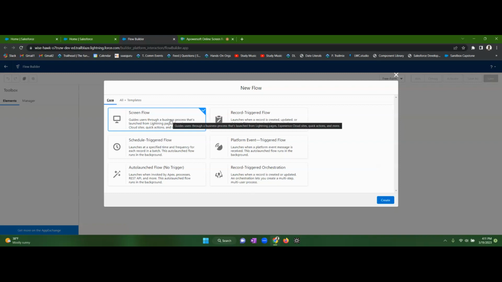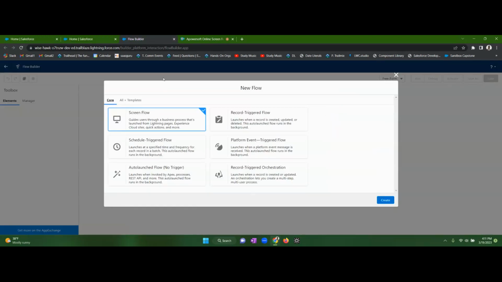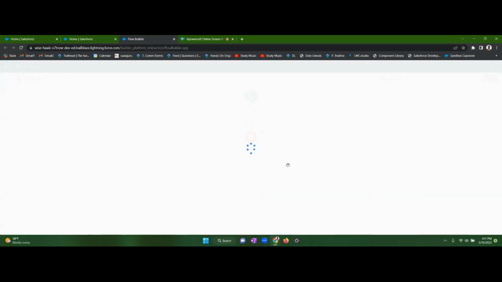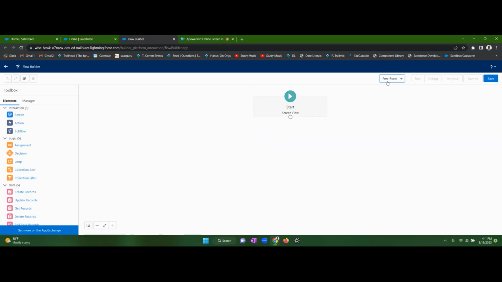No one is going to be entering information into this flow. They're just going to be looking at it. So we're just going to hit screen flow, then create. And I personally like this free form layout. If you click here, it shows all the elements easily on the left hand side. So we'll do screen,